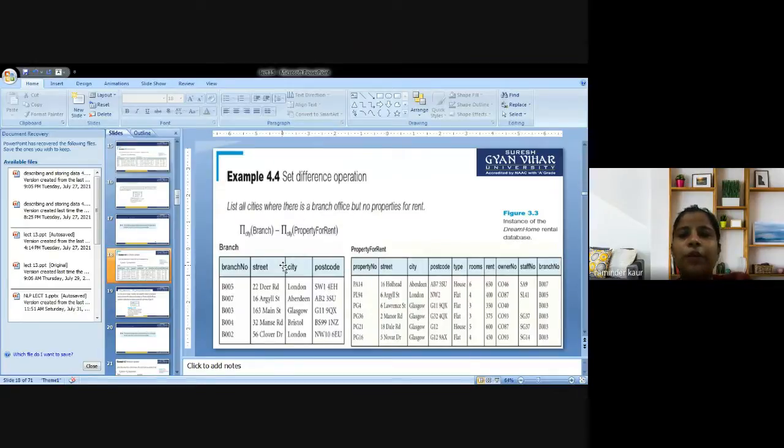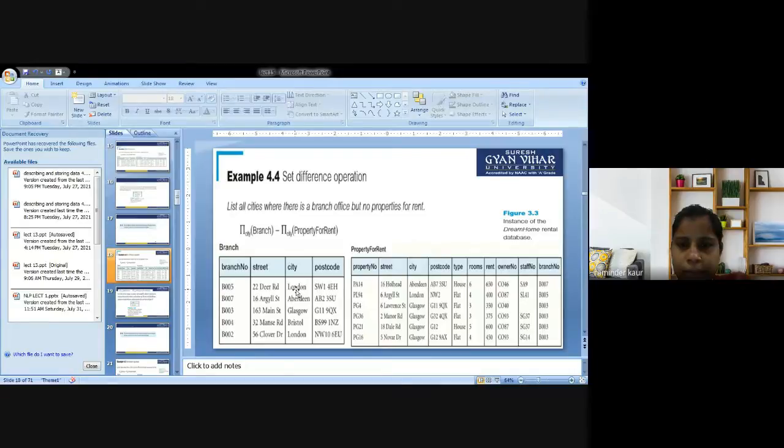So the set difference operation is this: list all the cities where there is a branch office but no properties for rent. The branch office is in London.